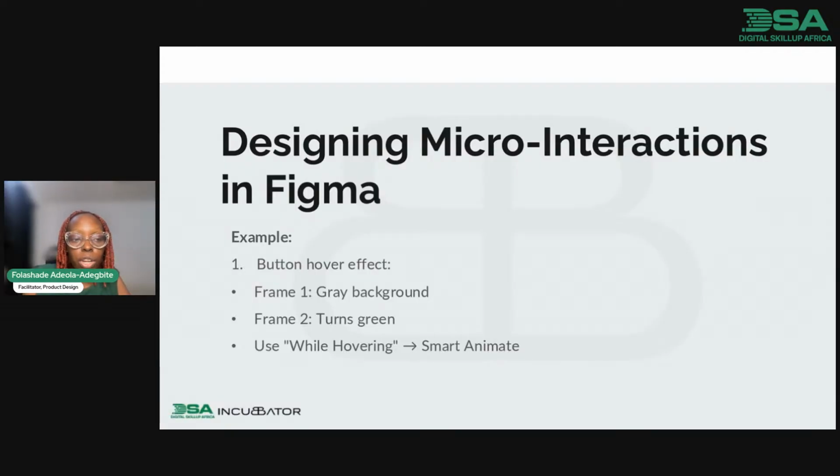So on Figma, there's a way we do that in animations or interactions: how you can make your button have hover states, how it looks when clicked. We call this Smart Animate when we are prototyping. So we are going to get to that part, so don't worry. All right.